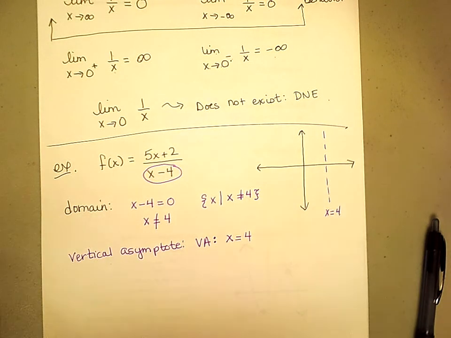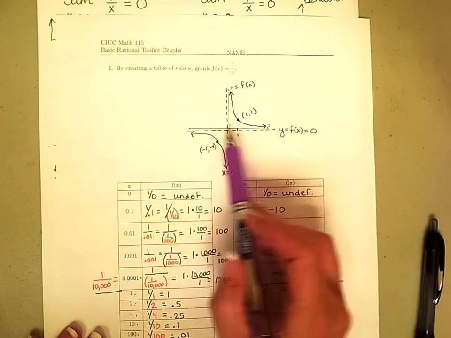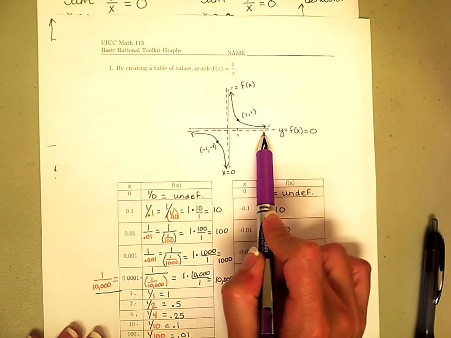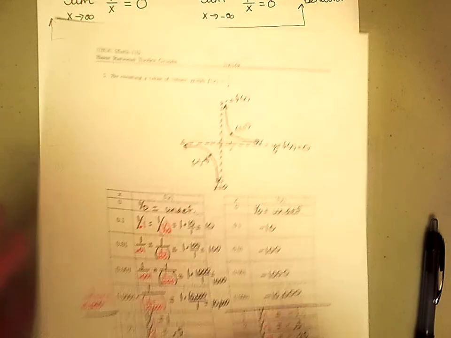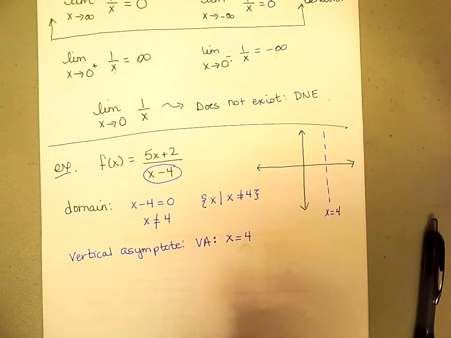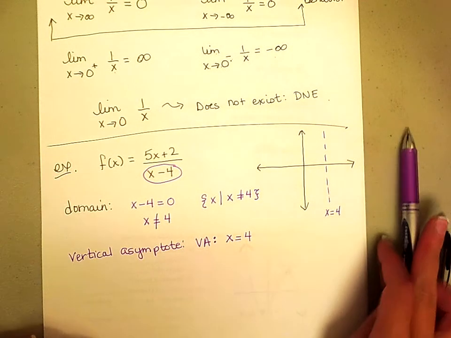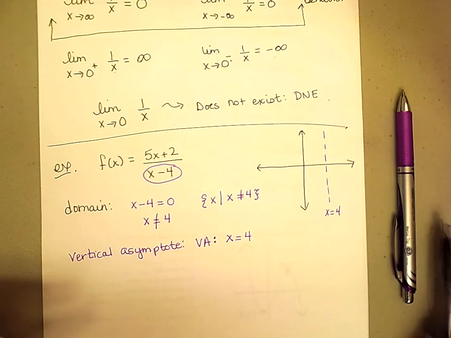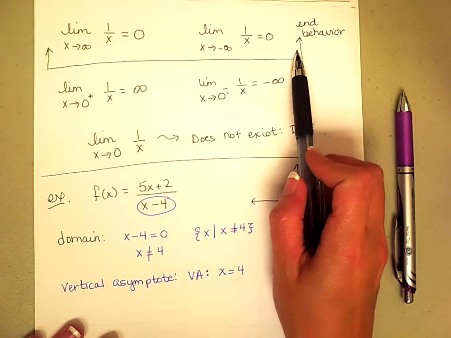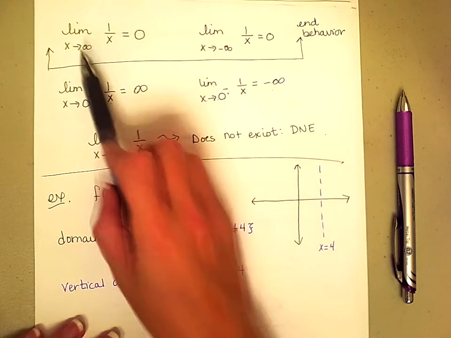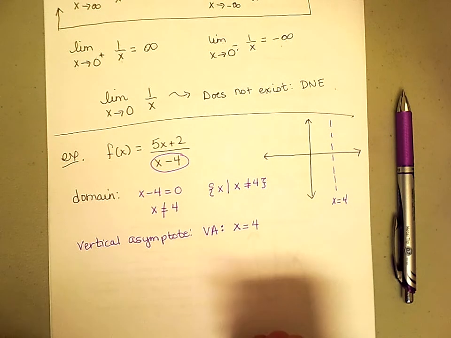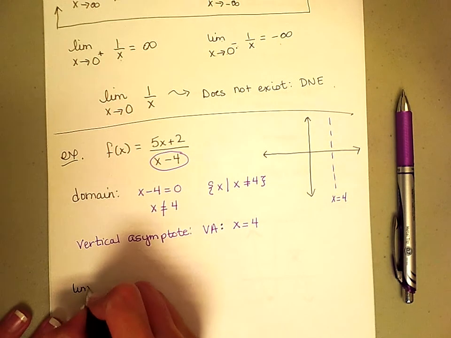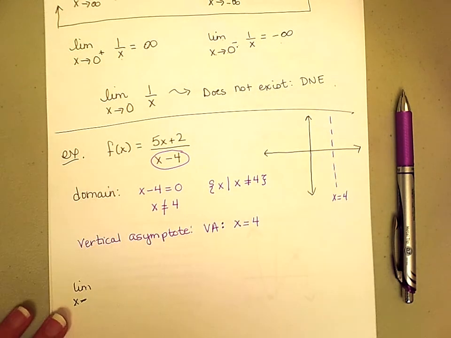Now we could ask ourselves, does this function have a horizontal asymptote? Our basic toolkit function did. So it stands to reason that we would probably also have a horizontal asymptote in this case. Now horizontal asymptotes deal with end behavior. Okay? They talk about the limits. So what we're really asking here is what is the limit as x goes to infinity